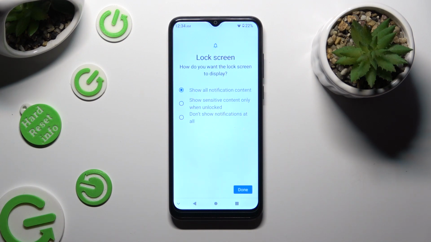Last but not least, you need to answer this question by selecting one of the available options. How do you want the lock screen to display? I don't want any notifications, so I have to click on Don't Show Notifications at All